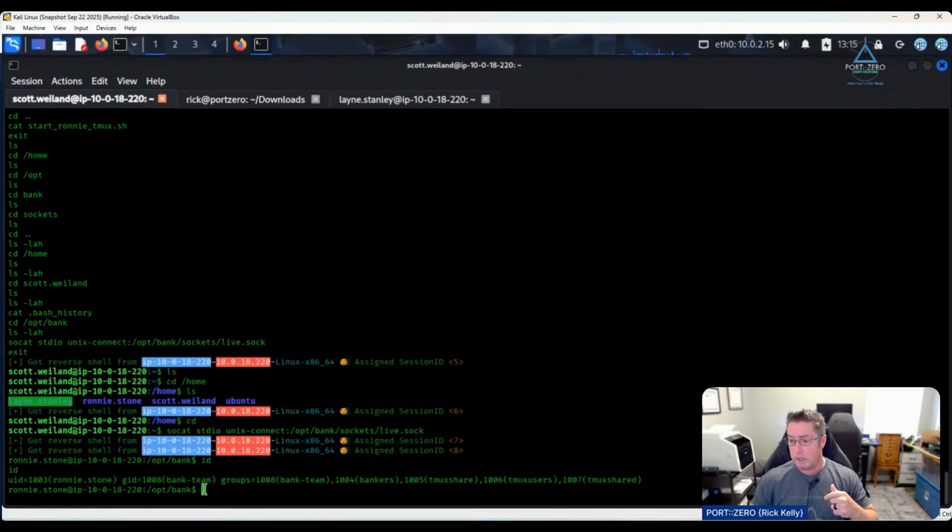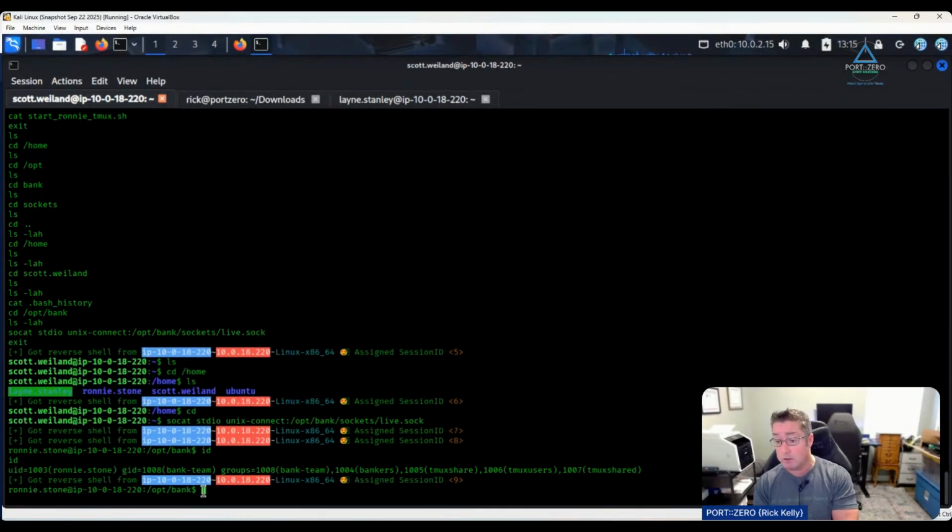So if he's part of those groups, what can we do? Can we actually access that stuff? Can we get into and enumerate or even discover different files, and maybe find a way to get to root through the bankers? All right, so our next step is